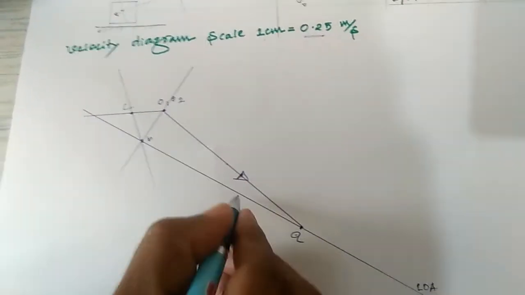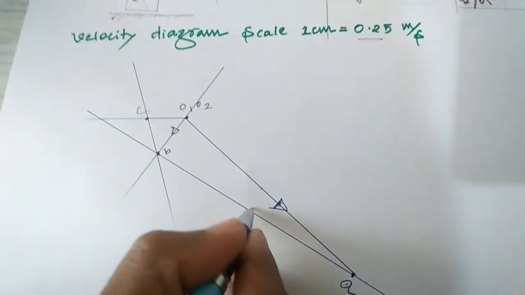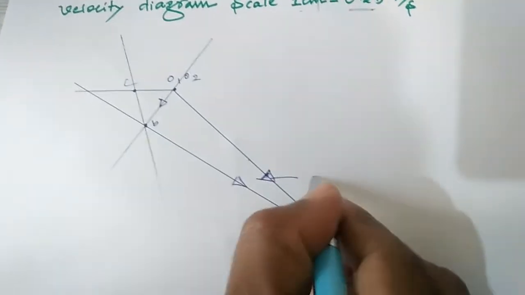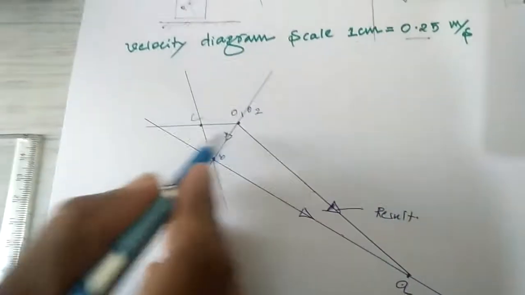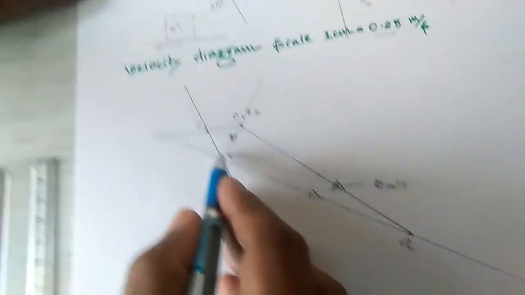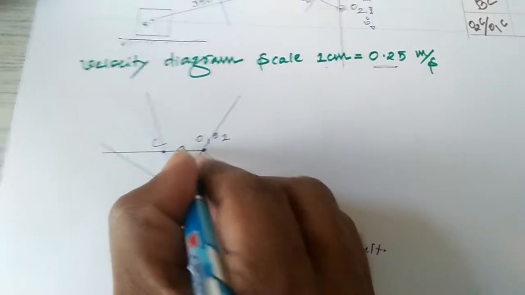This one, if you consider it a resultant, both should be along the same line. Look at this one. This becomes a resultant. Can you find it? This becomes a resultant. You look at this one. Then if you are taking a resultant, both should be in the same direction.